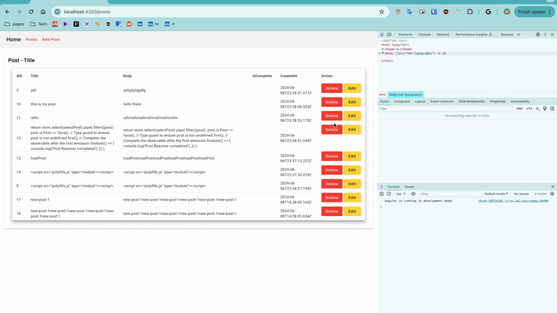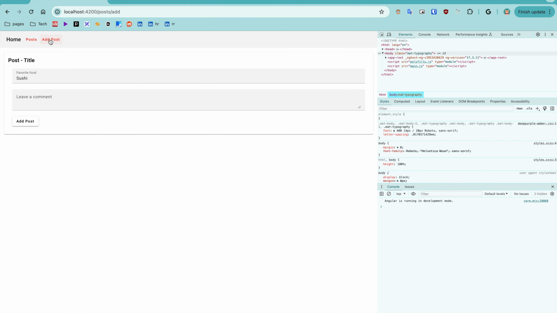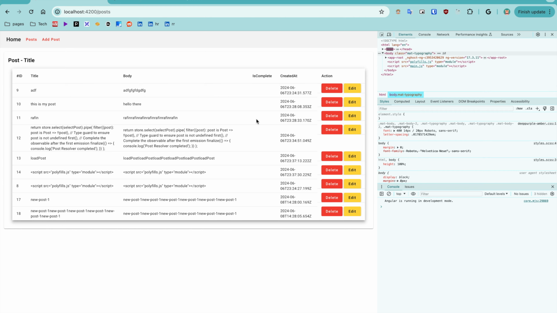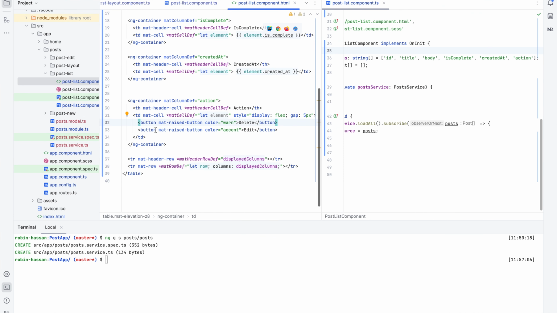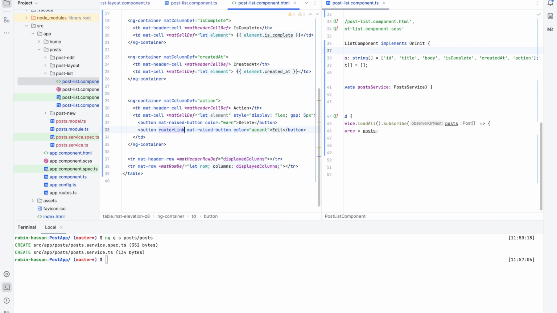Yeah, so we have the data, we have all the stuff, cool stuff necessary, but notice that edit and delete is not working. But we can do one thing: whenever we click the edit, we can go to the edit page that we don't have. We have the post/add, but we don't have the edit page yet. So for edit, we can just add the router link equal to slash. So we are in the list, so we need to go to post slash